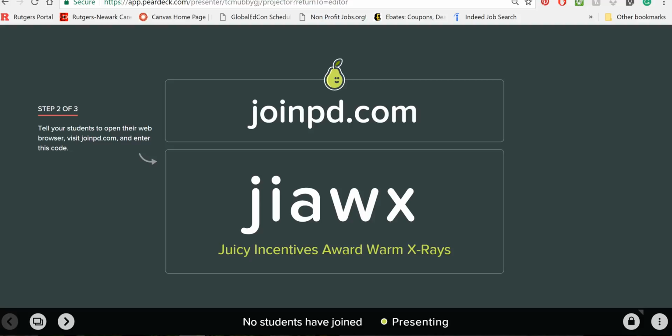joinpd.com. And then from whatever device that I type in joinpd.com, it will tell me to enter that particular code. It'll say enter code, and then once I enter that code,